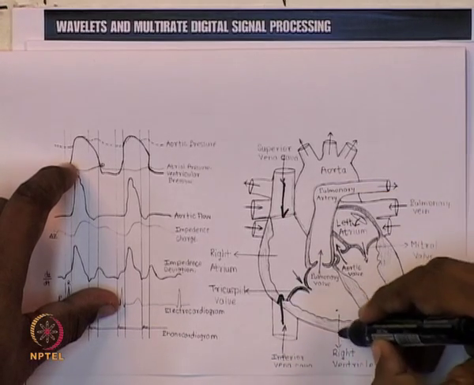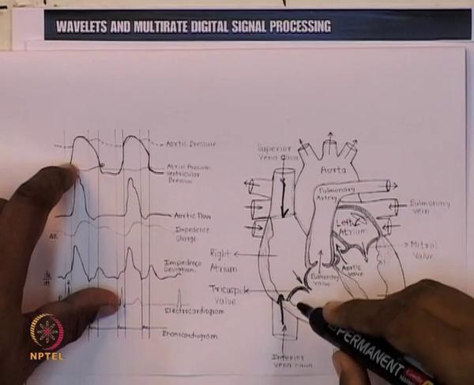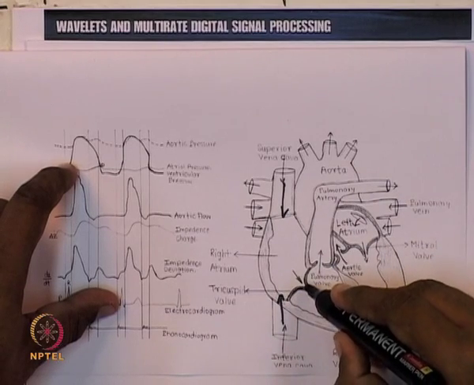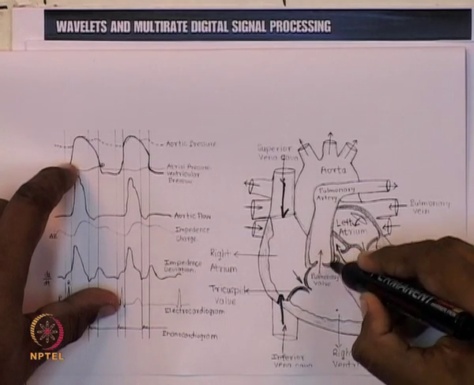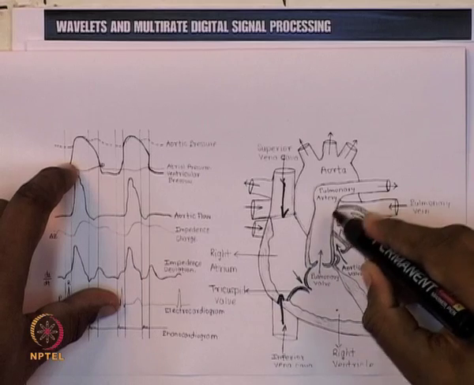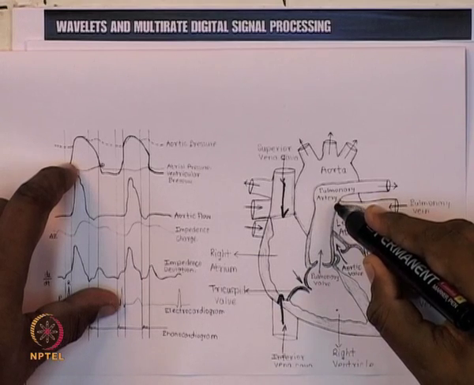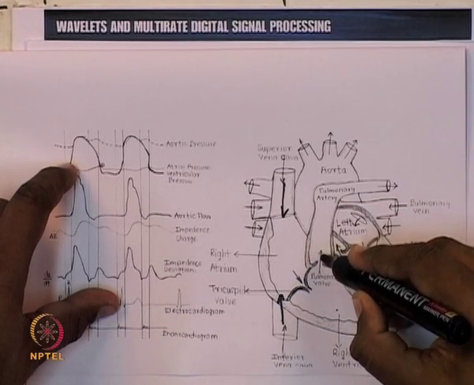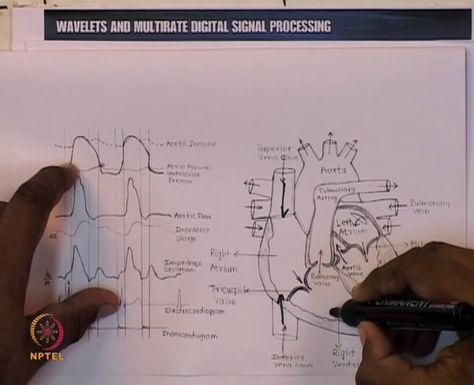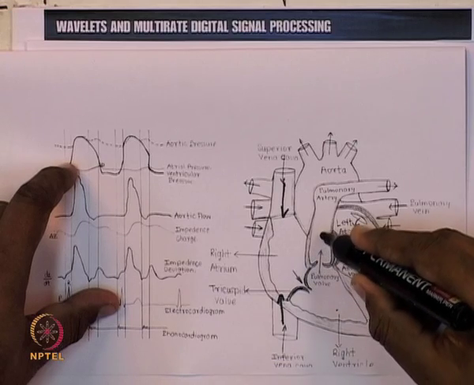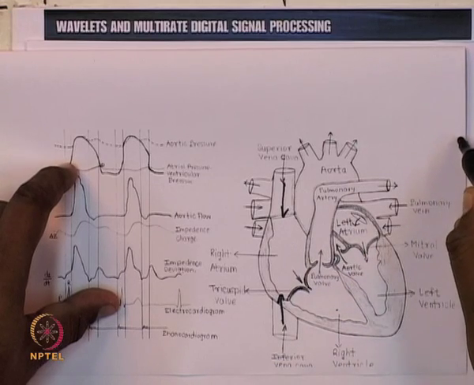So, right ventricle will be contracting in this direction, and by that time this tricuspid valve will be closing and this particular valve will be opening. This particular valve is known as semilunar valve. Because it is opening to the pulmonary artery, it is known as pulmonary semilunar valve. So, blood from this right ventricle will pump to the pulmonary artery and it will go to the lungs, and